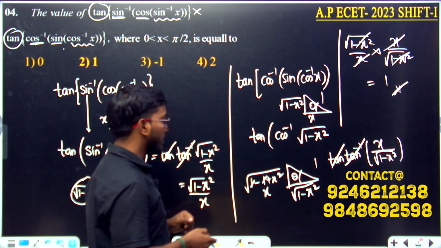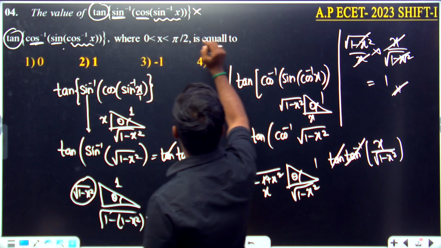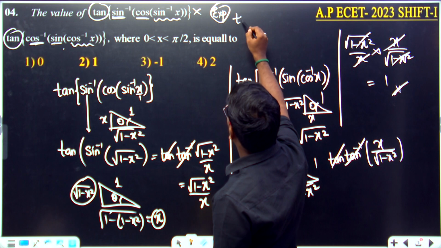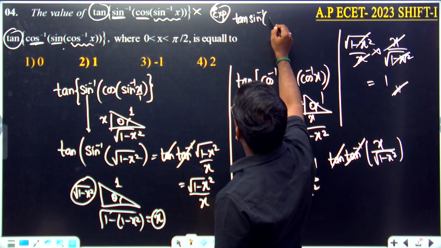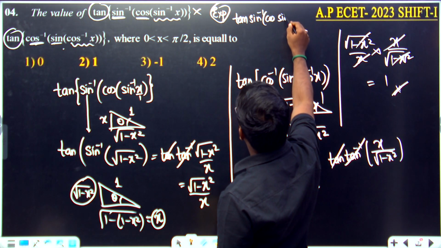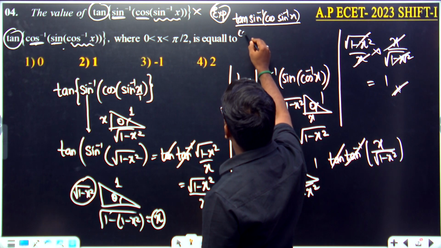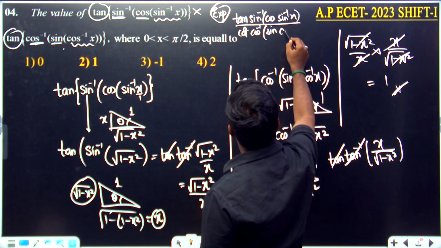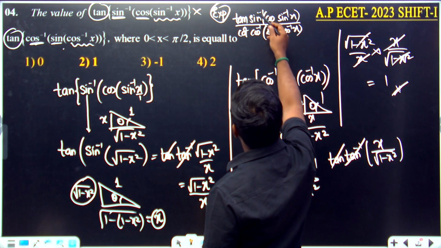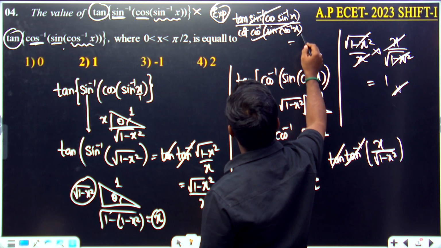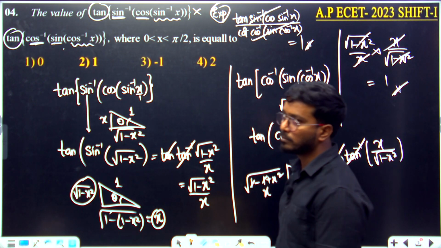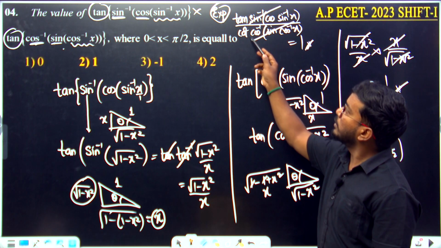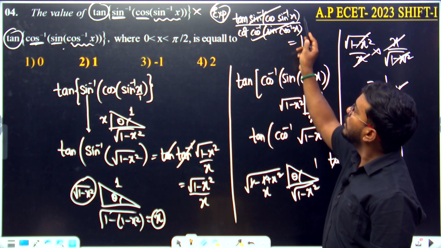If suppose the expected question now I can write here is the same question. Observe, this is the expected question which I am going to give you. Tan of sine inverse of cos of sine inverse of x, whole divided by, in place of tan I am writing cot, sine place I am writing cos inverse, cos place sine, sine inverse place cos inverse of x. That means these two are going to become equal, both get cancelled. What is the answer going to become again? 1. Both the answers are going to be the same. So what he did actually, 1 by cot. 1 by cot is tan. So multiply.